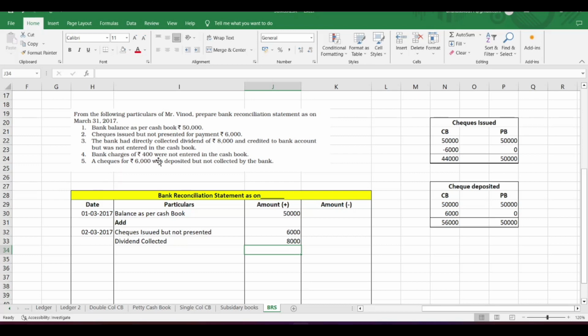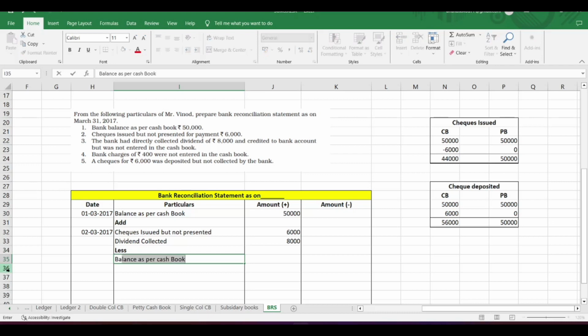Next, bank charges of 400 were not entered in the cash book. Bank charges were deducted from our passbook. Charges will be deducted naturally. So it is deducted from our passbook, but the firm has no knowledge about it. They are not aware that 400 were deducted as bank charges. Now we have to deduct it in our cash book also. So we will less bank charges,